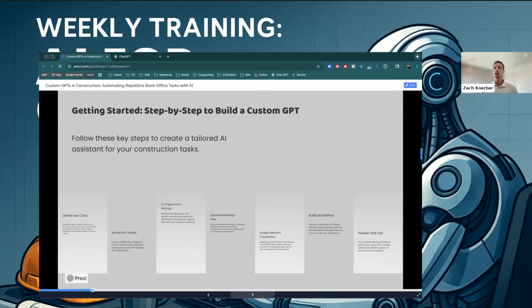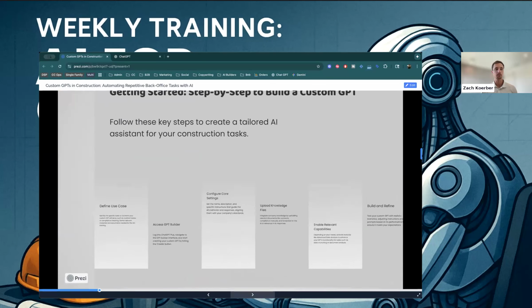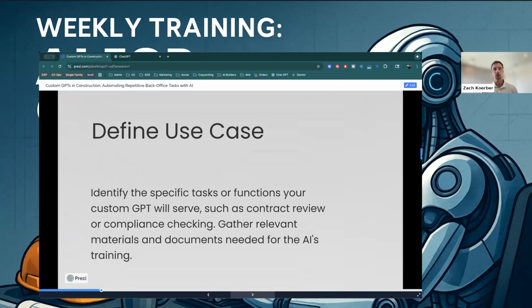Now, we're going to build a custom GPT together, and it's so easy. It's going to blow your mind how easy this is. But I'm going to overview what we will be doing, and then I'm just going to show it to you. So, first, you want to define that use case, identify specific tasks or functions the custom